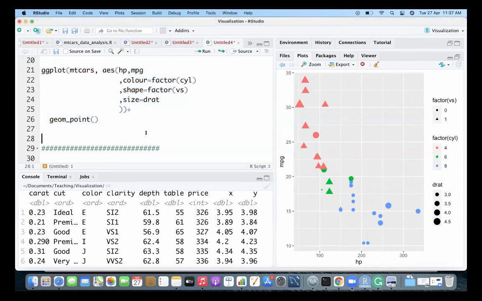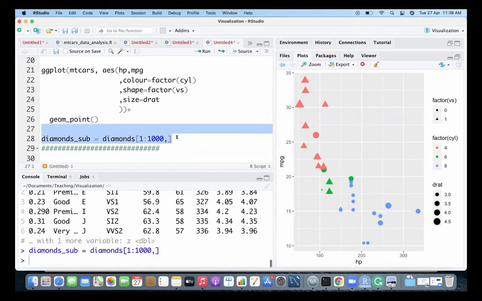You can just say diamond_sub <- diamonds[1:1000, ]. That means the first 1,000 rows will be picked. Then run the plot on diamond_sub. Okay.